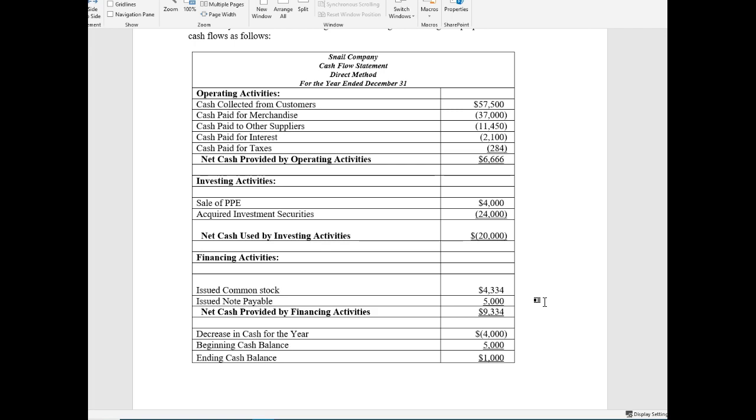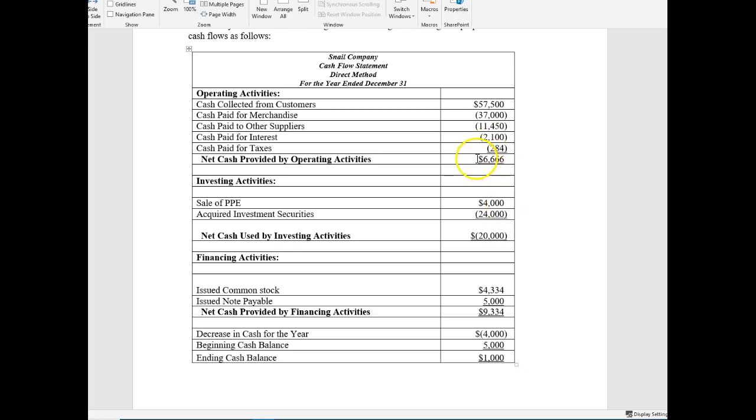Notice that we issued common stock, we issued a note payable, bringing in cash for both financing activities. Net cash provided by financing activities ends up being over $9,000. When we go ahead and finish up the bottom of the statement of cash flows, we're simply looking at the beginning and ending balances of the cash. That overall decrease in cash, $4,000, is